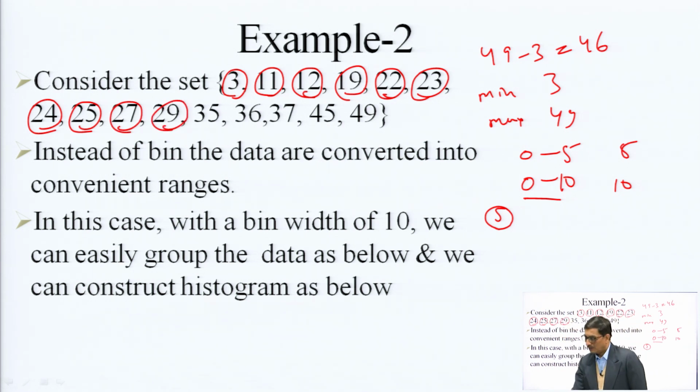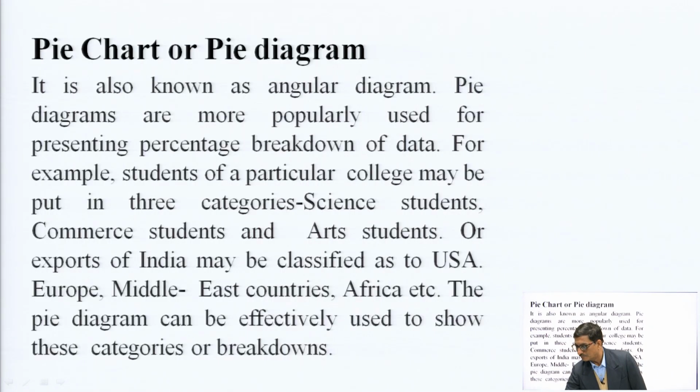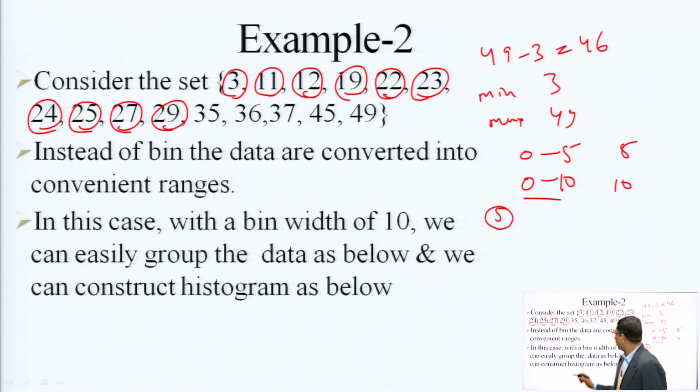So, the frequency for 20 to 30 is 6. Similarly, for 30 to 40, we count 1, 2, 3. So, 30 to 40 is 3,